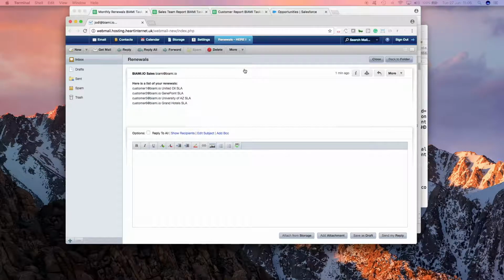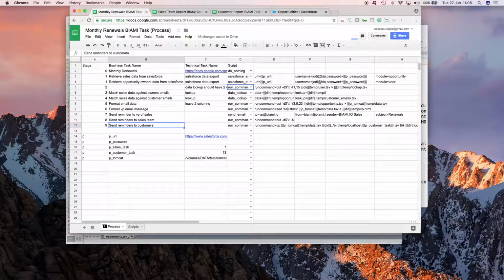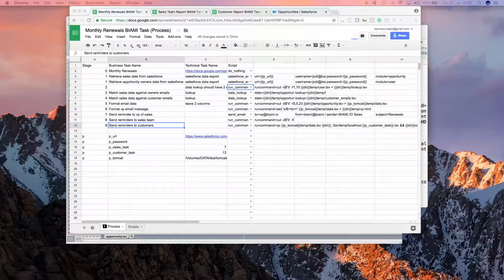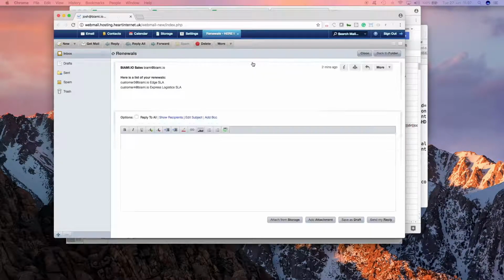If we go to a sales team mailboxes, we will see that there is an email that came just a minute ago, and you can see that those are all renewals for that specific salesperson. So only her own opportunities are here. We have another salesperson called Josh for that demo environment. So if we open his email address, again, email came 2 minutes ago, and you can see two renewals that